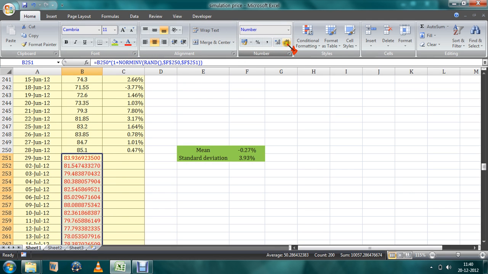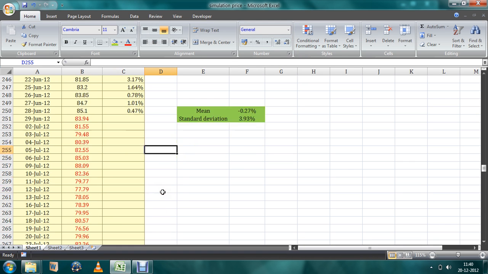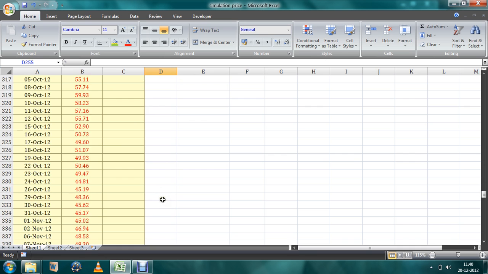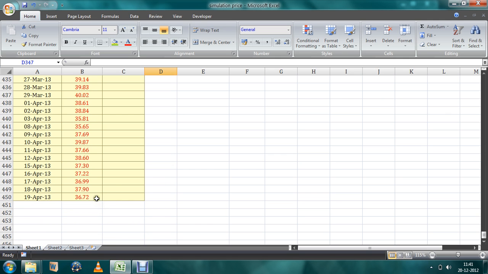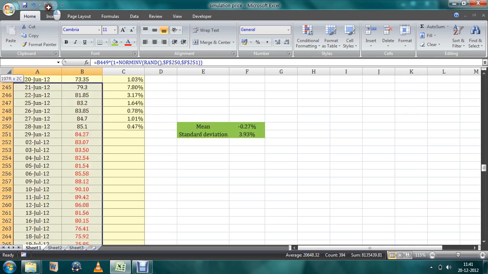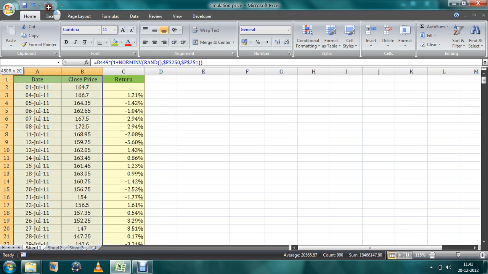After doing it, we find the simulation of stock prices. If you want to find the graph for this, you can do it. These prices will continuously change because we use random number generation. Using random number generation, if the stock price shows more number of times going up, then it is a buying stock. If the stock price shows more number of times going down, it is a selling stock.